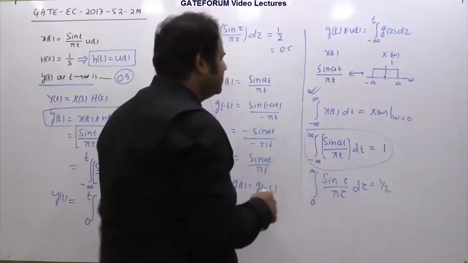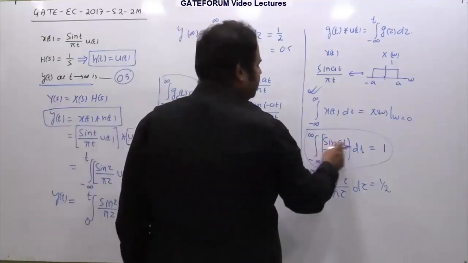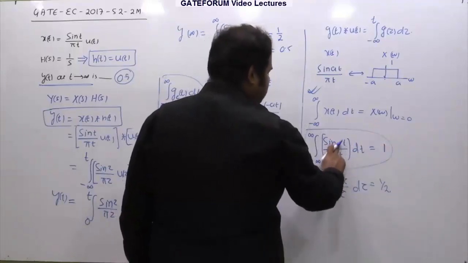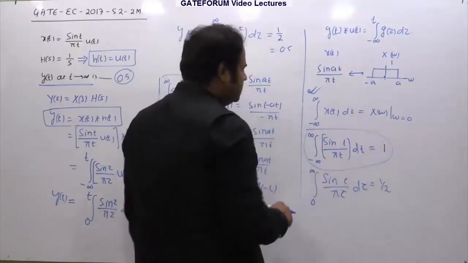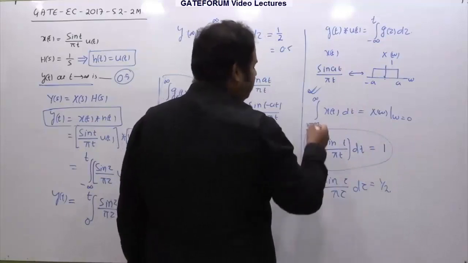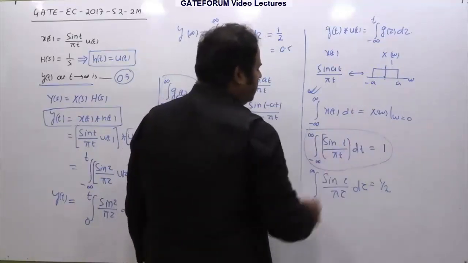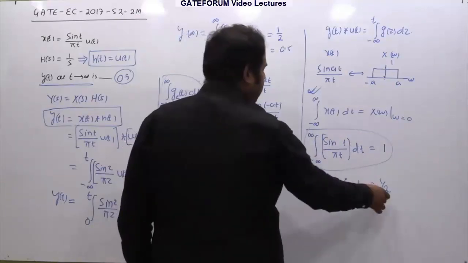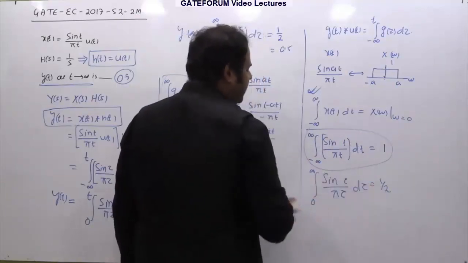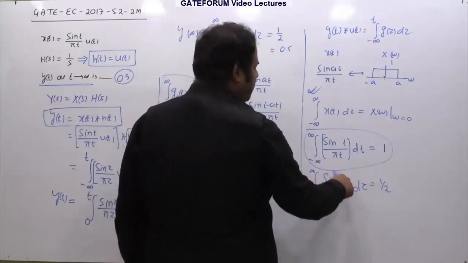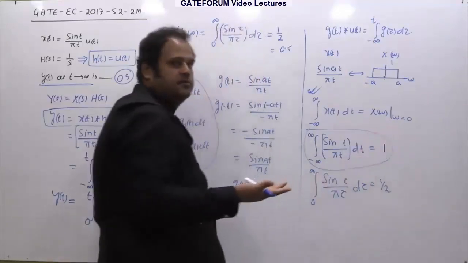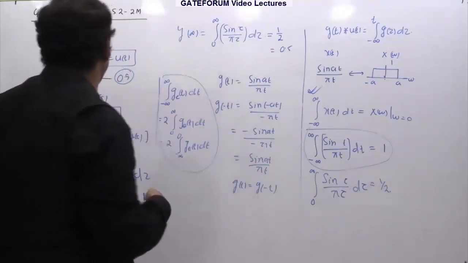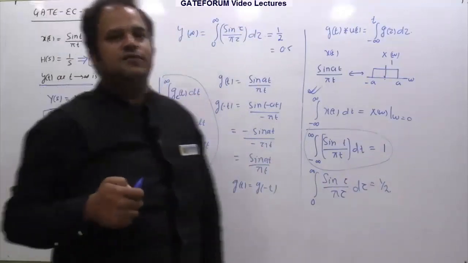And you can see here, no matter whether it is a, b, c, whatever, there is no reflection of this factor, isn't it? So even if I make a equal to 1, still this answer will be 1. So if I say the integration of 0 to infinity of sin(t)/(pi t) dt is 1, even if I make the variable t into tau, x, y, z, still there is no change in the answer, because at the end whatever function I get, if I substitute these limits, it does not matter whether it is tau or something else. So that's why the answer you are getting is 0.5. So 0.5 is the right answer for this question.